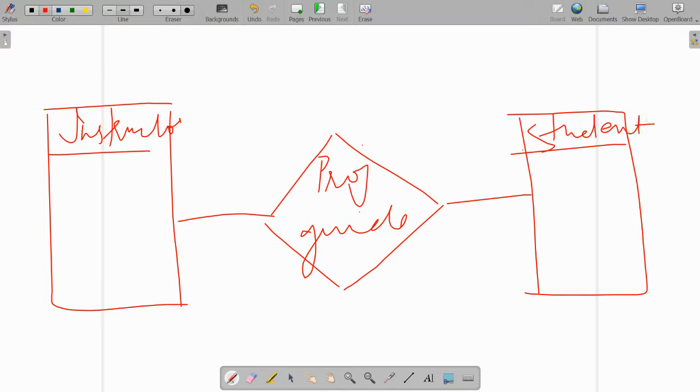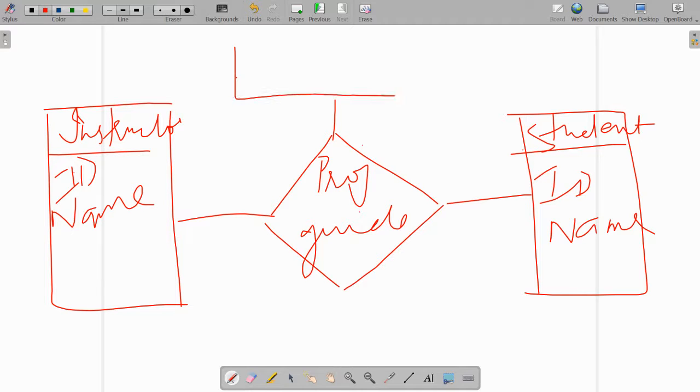The instructor entity will have the id of the instructor and the name of the instructor. The student entity will have the id of the student and the name of the student. This project guide is a relationship between the instructor and the student with one attribute attached to the relationship, that is project id,